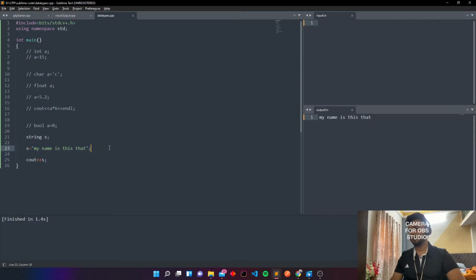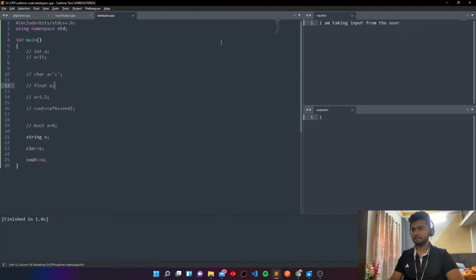Okay. And similarly, we can take any of this input from the user by just using cin. I am taking it and then we will run the code.